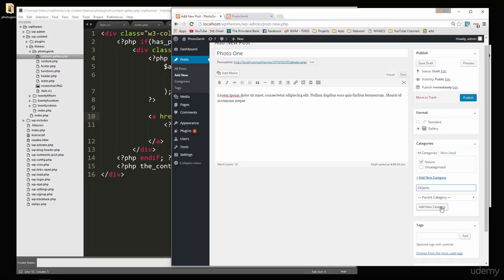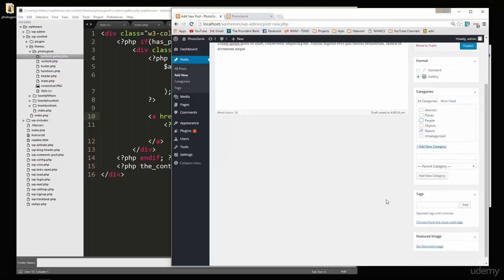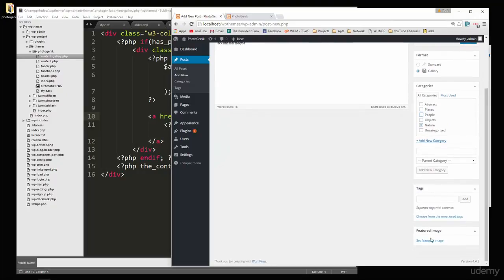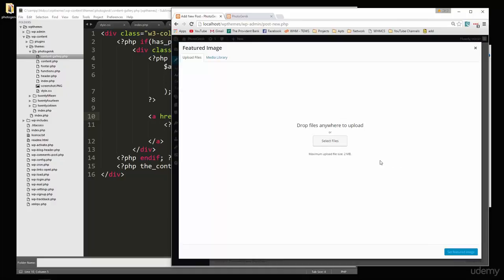Actually, while we're at it, let's just create them all. We'll say objects. Let's do, what else? People. We can say places, abstract. Okay, and I only want to choose nature. Okay, and then down here in featured image, we're going to say set featured image, and then we want to